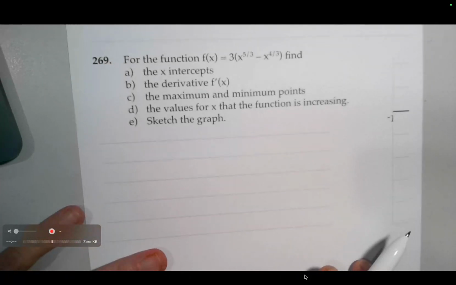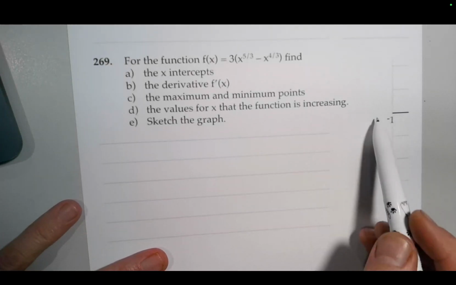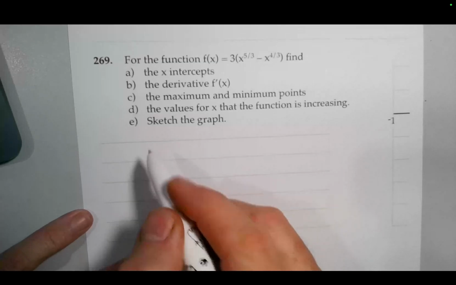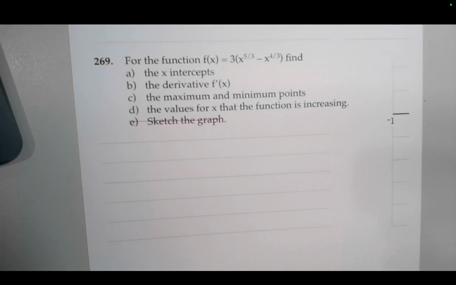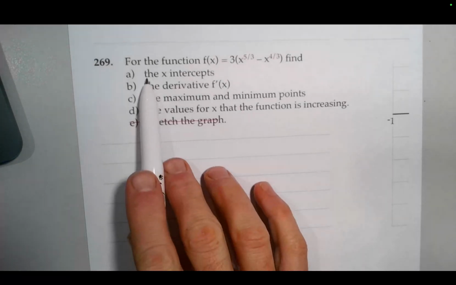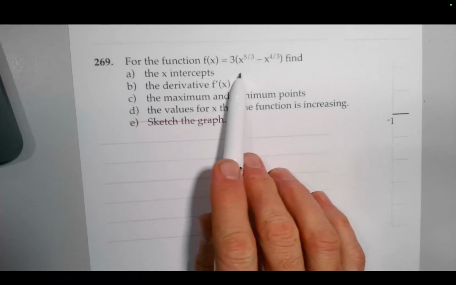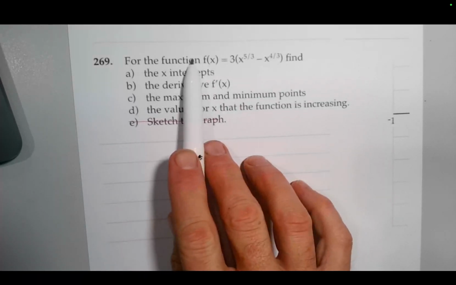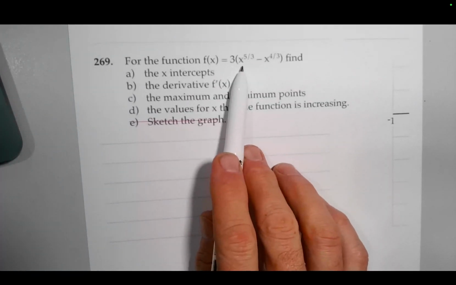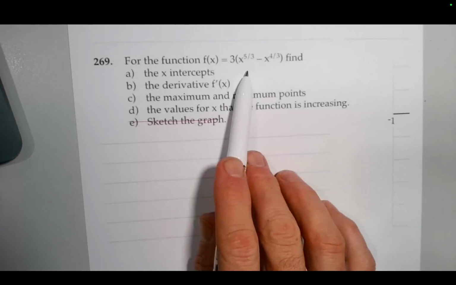Right, number 269, and straight away, not going to bother with the sketch. That's a bit lazy. Right, so we are going to do the x-intercepts, the derivative function, and so forth. But the key thing here is we should be able to get a feel for what we're looking for by